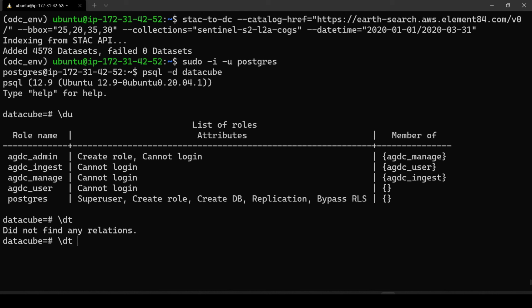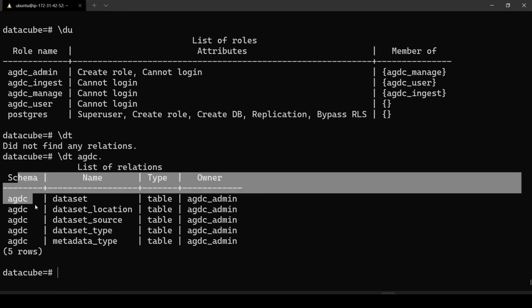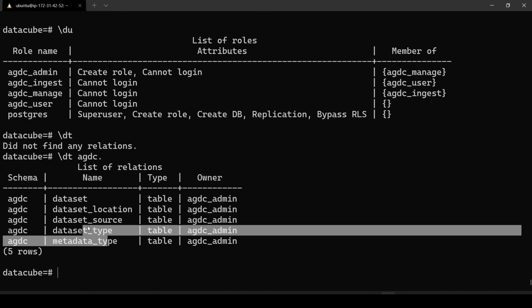So we have to specify the schema here. There is another schema called AGDC, I think. Yeah. So you see, in the AGDC schema, don't forget to add the dot. This shows all the tables in this schema. So you find that there are 4 tables here: dataset, location, source, and metadata type.